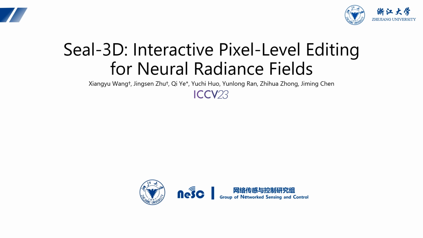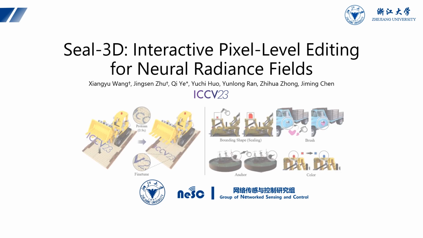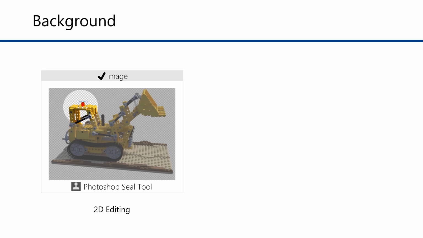We propose Seal-3D, the first interactive pixel-level editing method and system for neural radiance fields. Seal-3D achieves instant preview, as shown on the left side, by our novel pre-training strategy. High-quality editing results can be further obtained by a short period of 1 or 2 minutes of fine-tuning. The word seal of our Seal-3D derives from the name of the rubber stamp, the seal tool, of the 2D editing